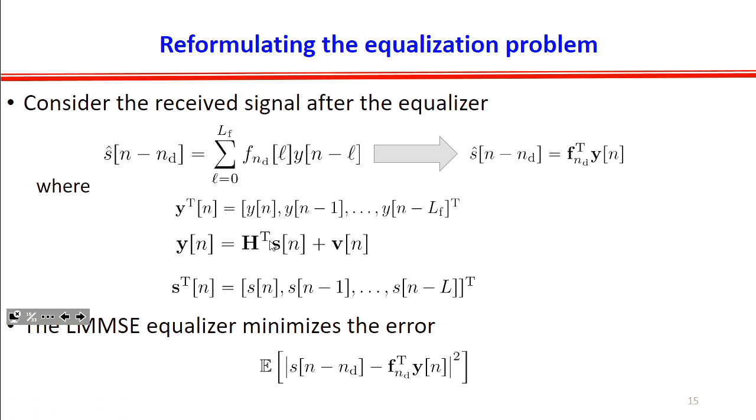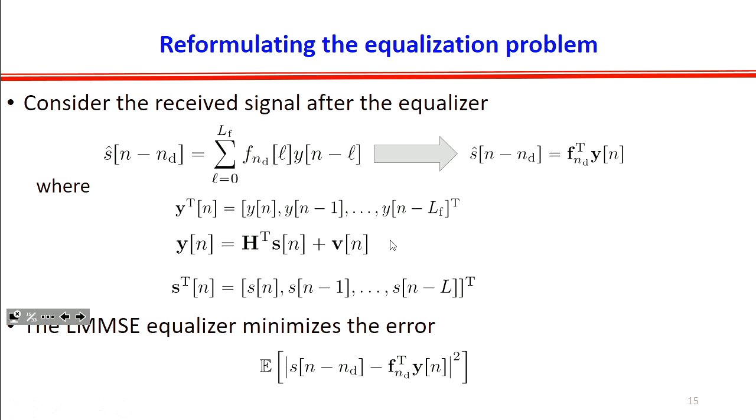The columns correspond to the length of the channel, plus M. So H is a convolution matrix, and S of n is the vector of the transmit sequence,